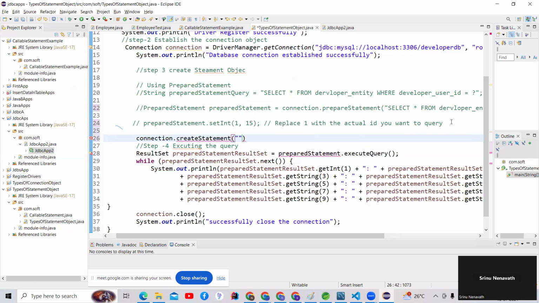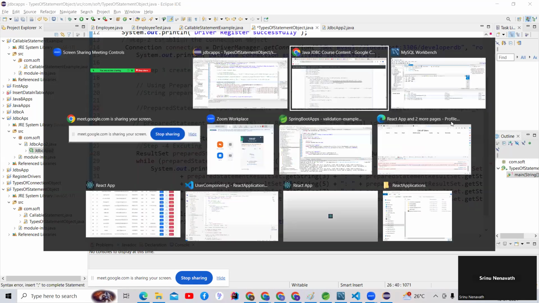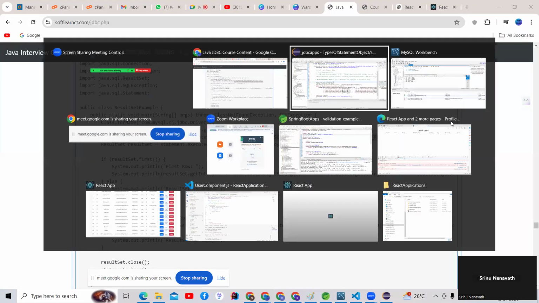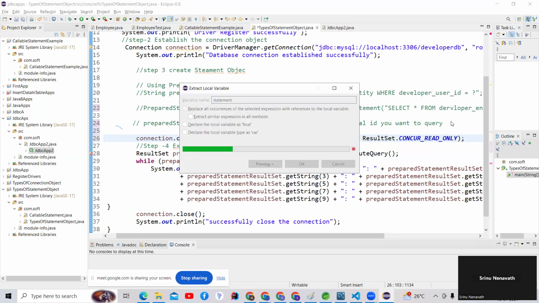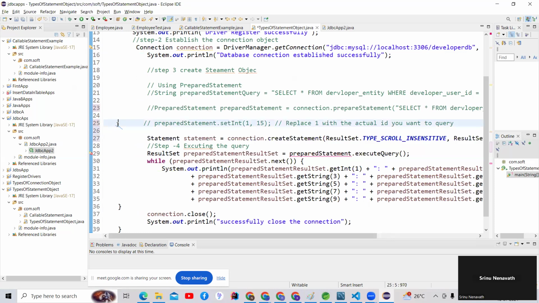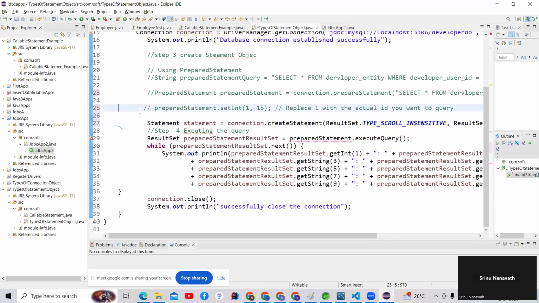This is the tag cursor, right? That statement of it will be given to that word, guys. What object will be given? The statement object will be given. By the help of that statement object, we are going to execute the queries. What is the purpose of that statement object? Executing the queries. So instead of using this prepare statement, I'm going to comment out this